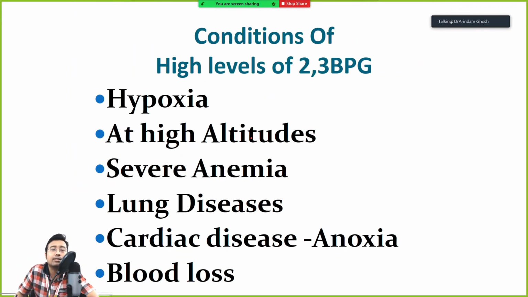So, what are the conditions where there will be a high level of 2,3-BPG? What are the normal physiological states in which 2,3-BPG is increased to compensate for such a condition of hypoxia? Number one, any hypoxia due to any reason, for example, if someone's mouth is closed with a pillow, definitely for a moment 2,3-BPG will be very much increased, and these are the things that are found in postmortem. Okay, so how does anyone simply know? Yes, apart from the injury, the soft tissue injury that happens whenever you smother, that is known as smothering.